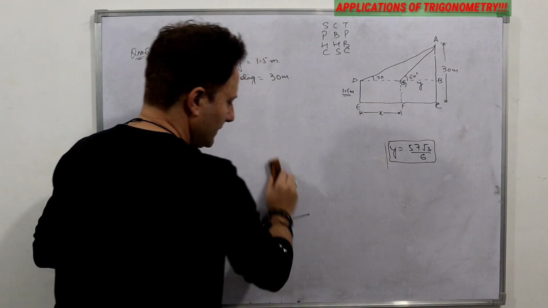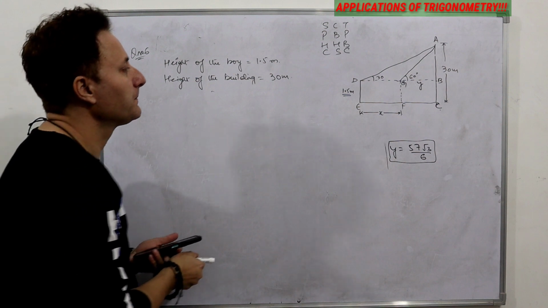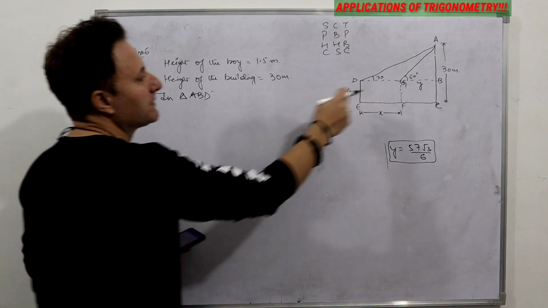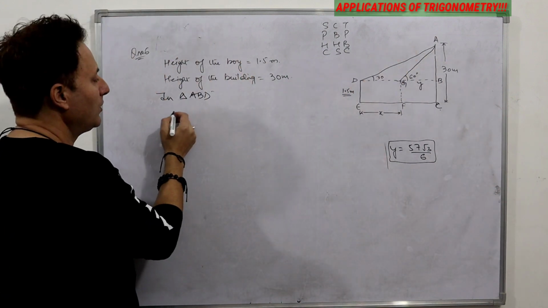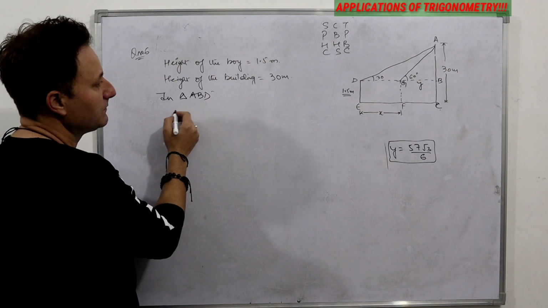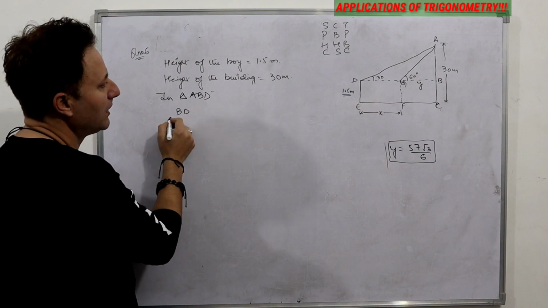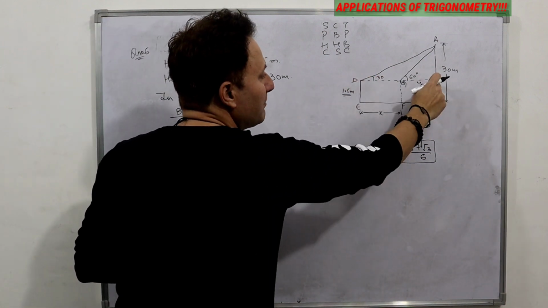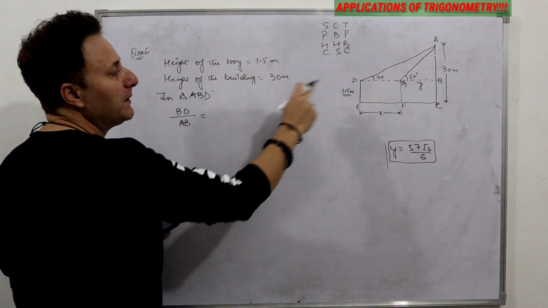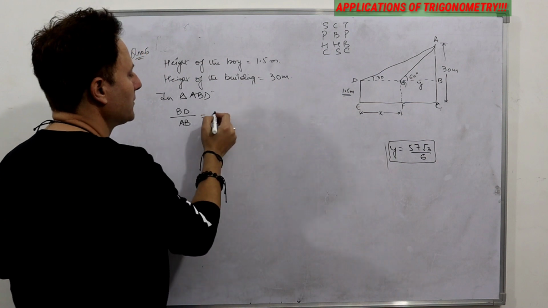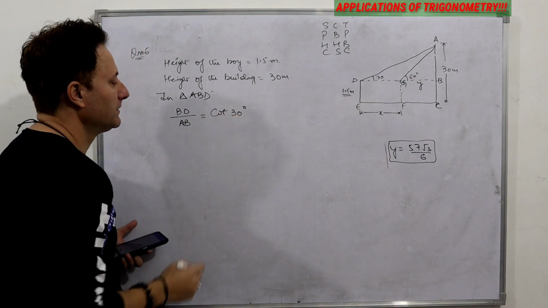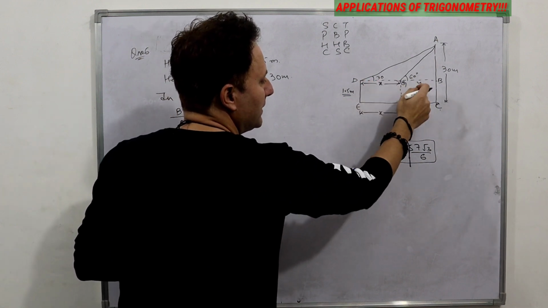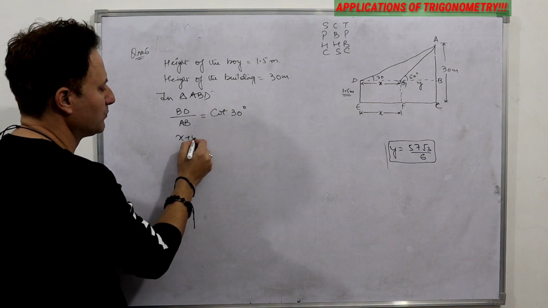For that, first we will take the triangle ABD. Now I'll say in triangle ABD, the bigger triangle, we have BD upon AB. So what am I doing? I'm again taking base upon perpendicular. So base upon perpendicular is cot 30 degrees. So what is DB? It is x, because this is again x, and then we have y, so that is x plus y upon